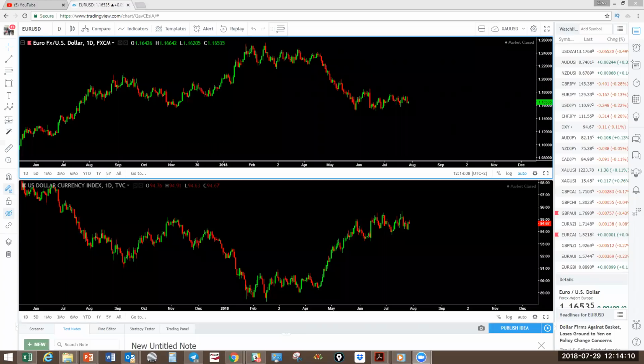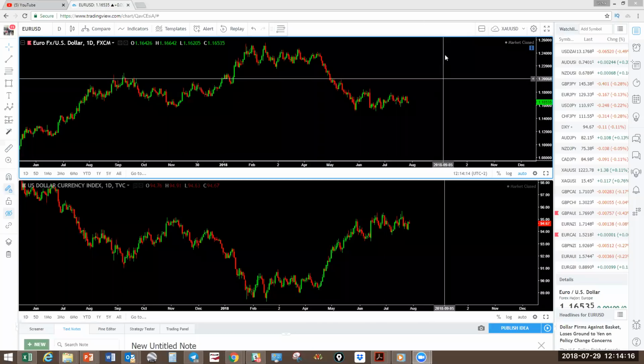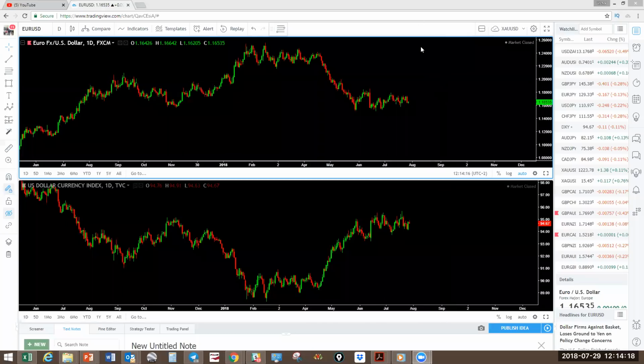All right, so let's get started now. This is Euro US dollar and the dollar index correlation. Okay, so something very interesting. We just finished a market correlation seminar last week